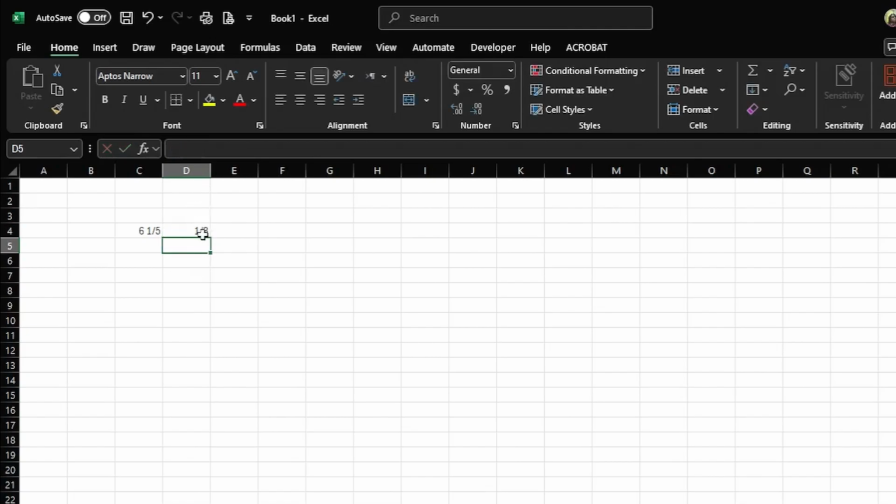Now it is 1 by 3 and we know in decimal this is 0.3333. So in order to add a fraction without a multiplicative number, you need to first put 0 followed by a space and then the fraction. So the fraction in the cell is shown in the form of fraction, whereas in the formula bar, its value